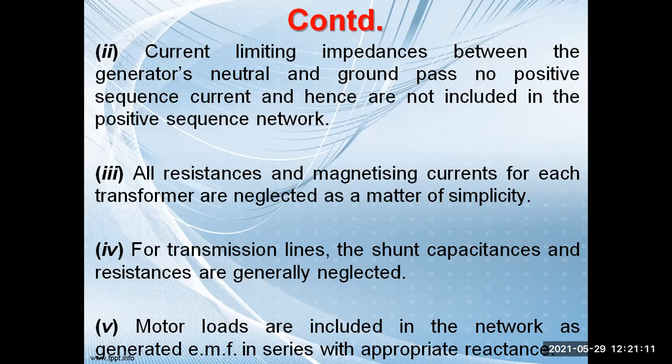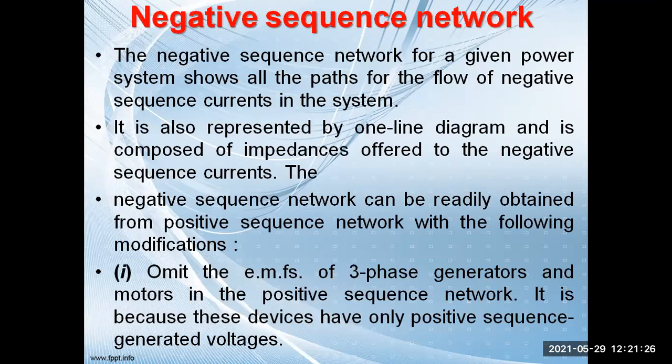So in the case of a motor also, we will represent the positive sequence network. In that case, the positive sequence network will be an EMF in series with the positive sequence reactance. Next, what about the negative sequence reactance? That is the negative sequence network. We know what a negative sequence network is and how to represent it, but for a particular application, maybe a transmission line, a generator or motor, or a current limiting reactor, how will we represent those cases? That is basically summarized here.